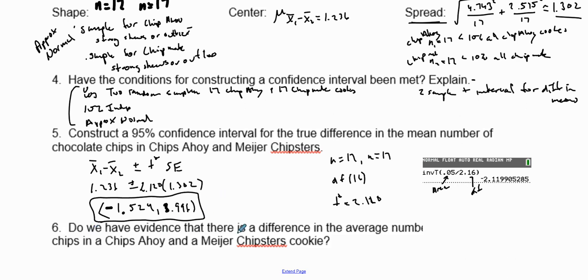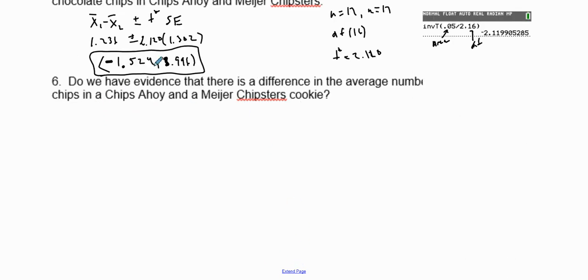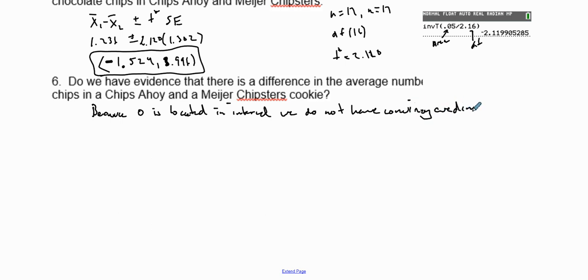And what do we find? Do we have evidence that there is a difference in the number of chips in there? Well, because we have this, and if we were to do a hypothesis test, we'd say, well, no difference would be 0. And so really what we found is that, because 0 is located in the interval, we do not have convincing evidence that there is a difference,